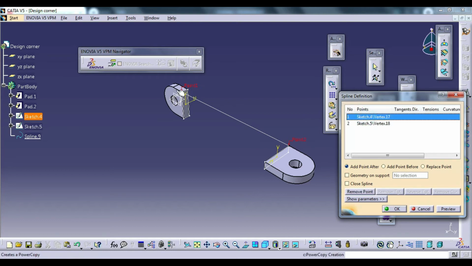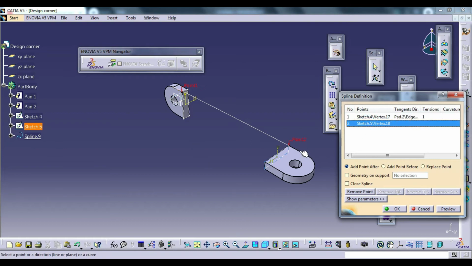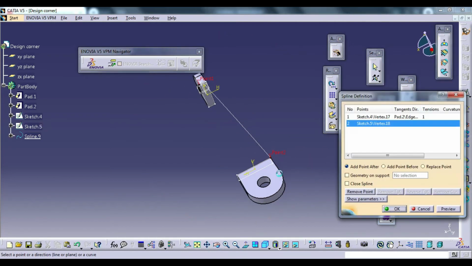Now you click on sketch 4 and click this face line. After that, click on sketch 5 and click this face line. Now the direction of the point is moving in the opposite direction.